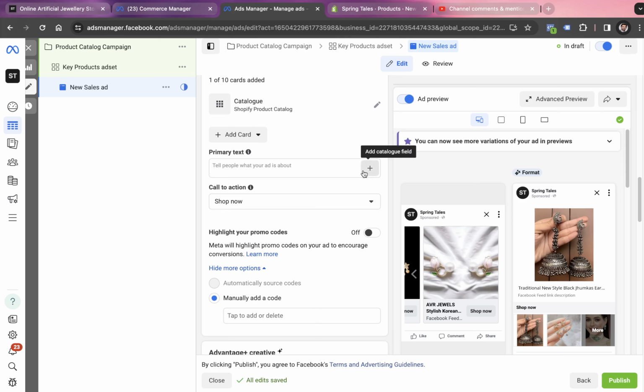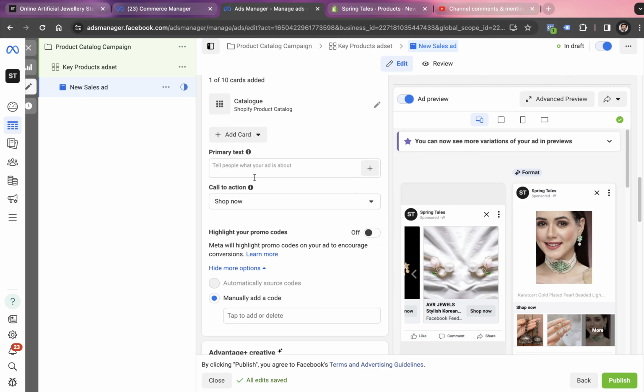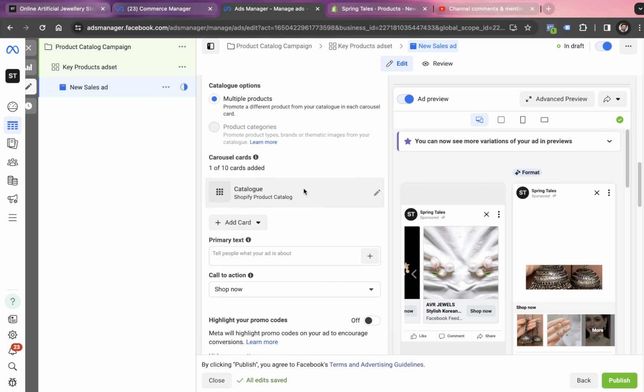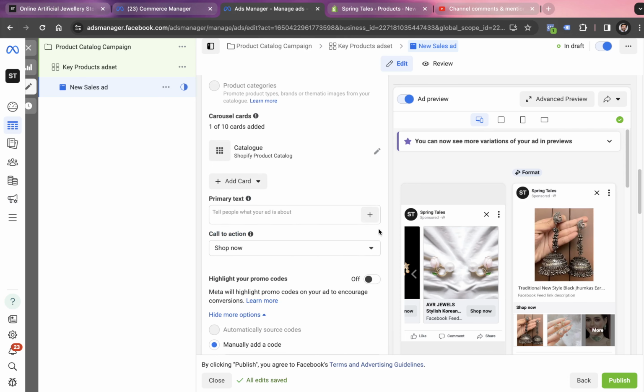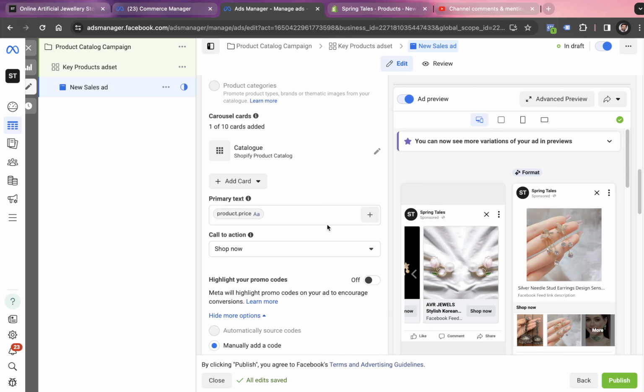One thing which I really want to show in case of products could be the product pricing. So one way is to just simply add the product pricing for every product one by one. That's going to take a lot of time. And for a product catalog, you in fact have multiple products. So what you do, you simply click on this plus button and go with the price option.